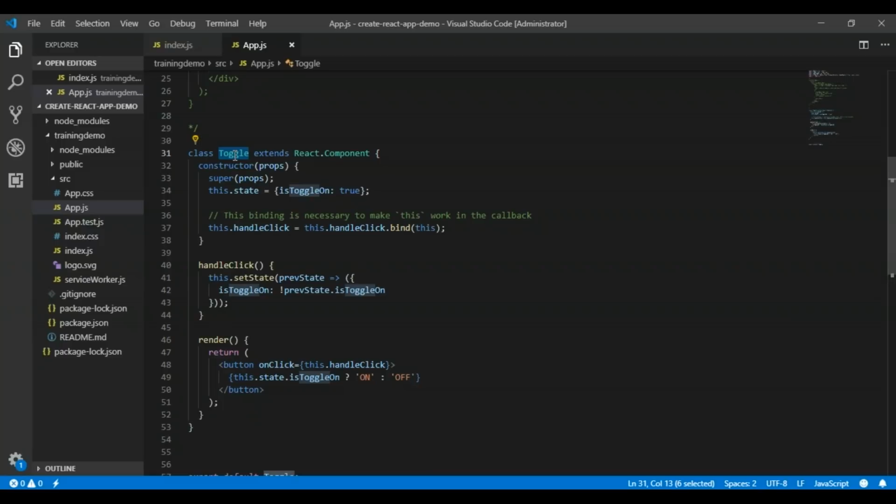And in this Toggle, we have implemented a constructor, as I told you. In the constructor, we have bound an event, and the initial value of the toggle is true. And then on the click of the button, I am setting the state with this.setState, where I'm changing the value isToggleOn from true to false.